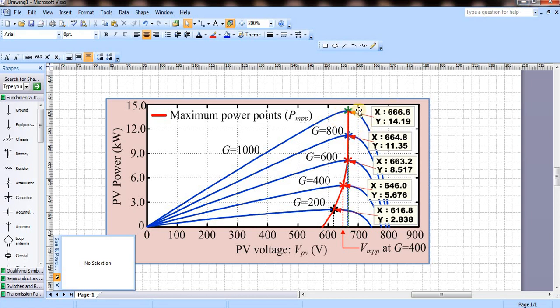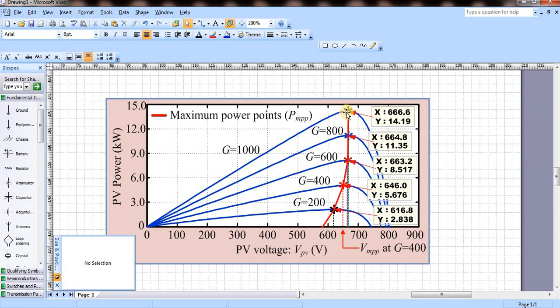So I require a step change of voltage. How much voltage do I have to change? Like 200 to 300, in this case 100 volts. But 100 volts is very problematic, because let us assume 660 volts is my operating point. Once I reach 660 volts, next is 760 volts. It will move directly from 660 to 760. Once it has reached 760, the power is very less, and it will come back to 660.